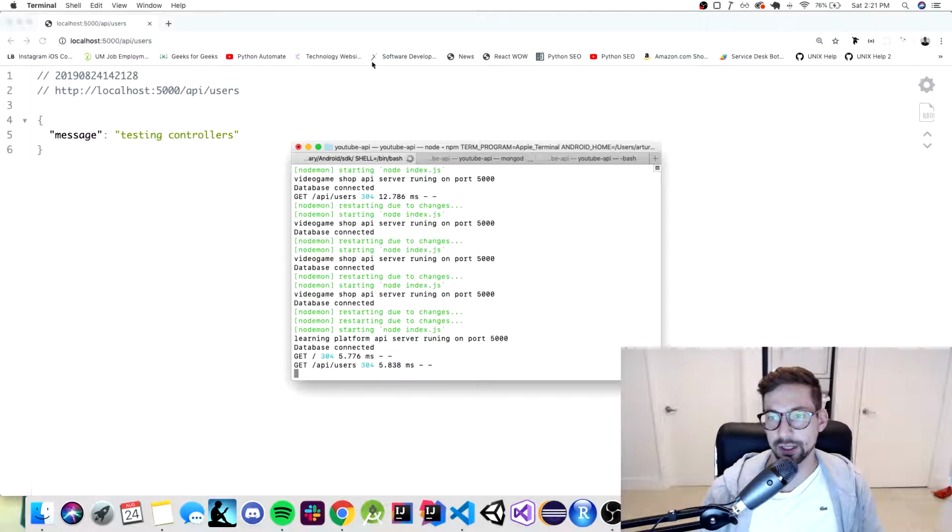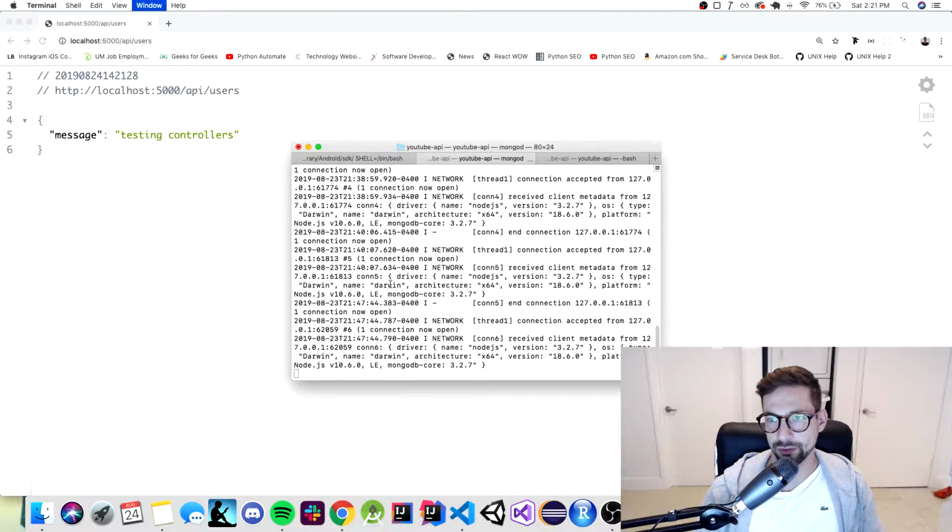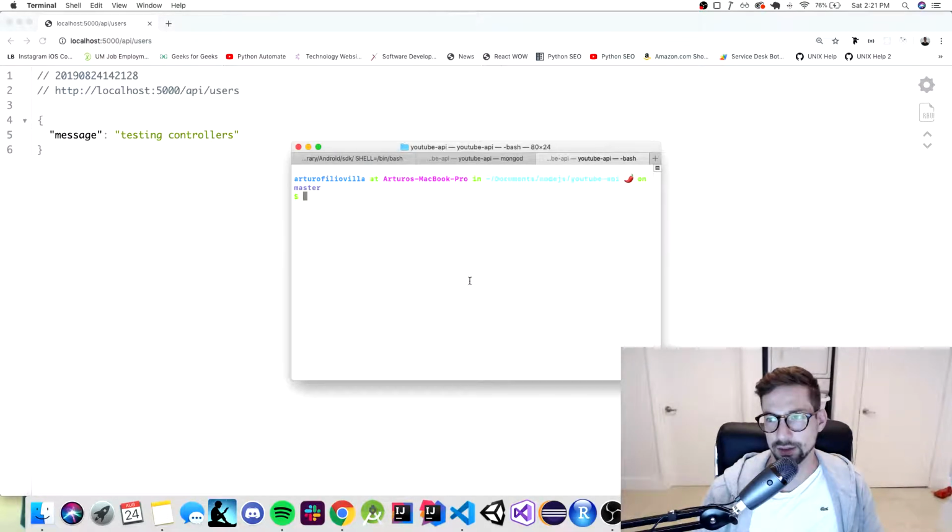I'm going to show you, here I have my server running. Here I have my MongoDB running, and this, as always, I have it empty in case I want to install or create packages. So that said, let's continue